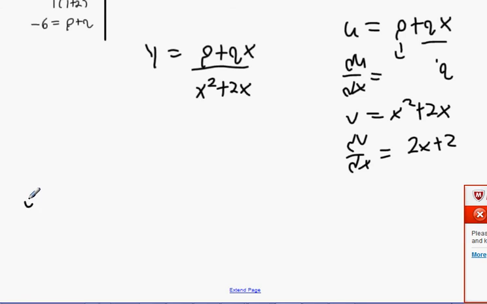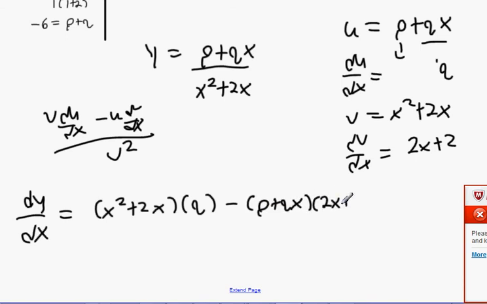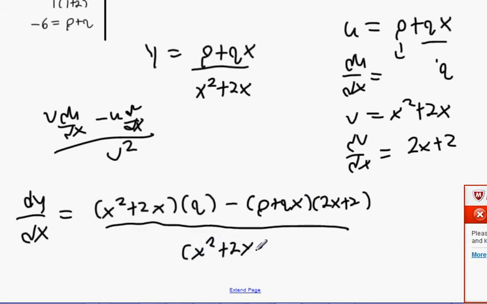Quotient rule and differentiate. So quotient rule is going to be v times the u dx minus u times the v dx all over v squared. I'd be hoping that you don't need me to put that up anymore at this stage. Now, what we're going to get is v, which is x squared plus 2x, times the u dx, which is q, minus u times the v dx, so p plus qx times 2x plus 2, all divided by x squared plus 2x